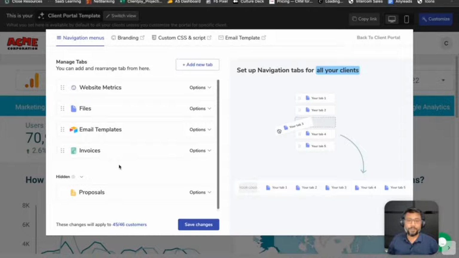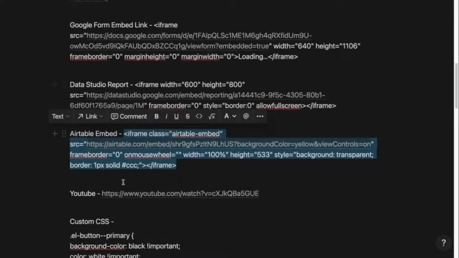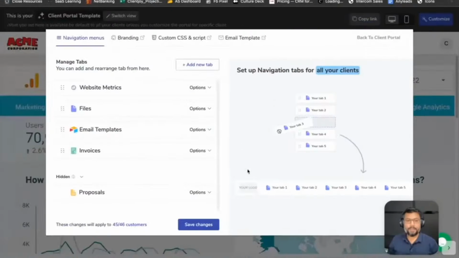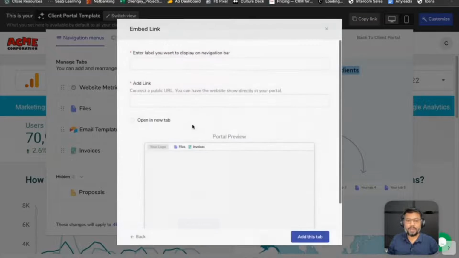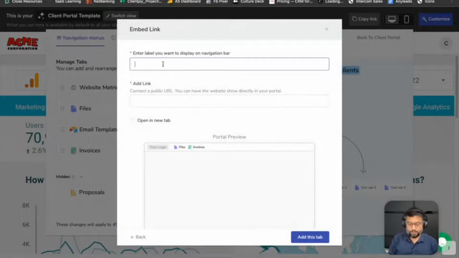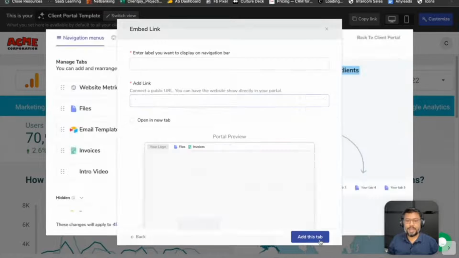The other thing that I also want to do is I also want to embed a YouTube video for now. And so I can just bring in the link of that YouTube video. So I just copy this link and come back over here. I click on add new tab, and this time I just go to I have a link. I'll say intro video or something like that. I'll paste that. It is showing me the preview over here, and I just add this tab over here